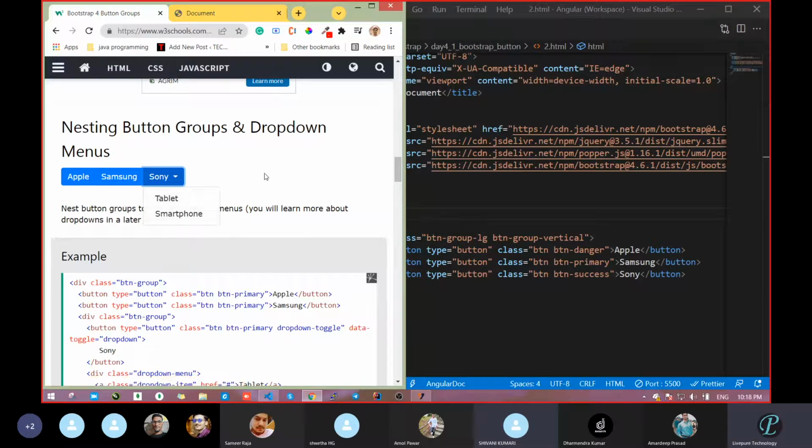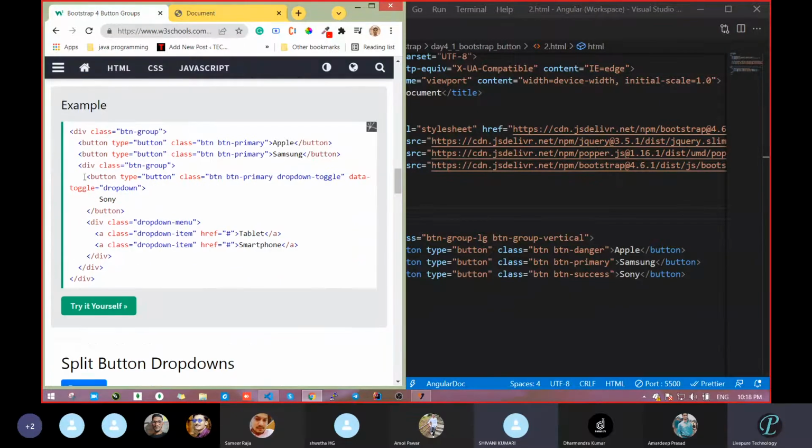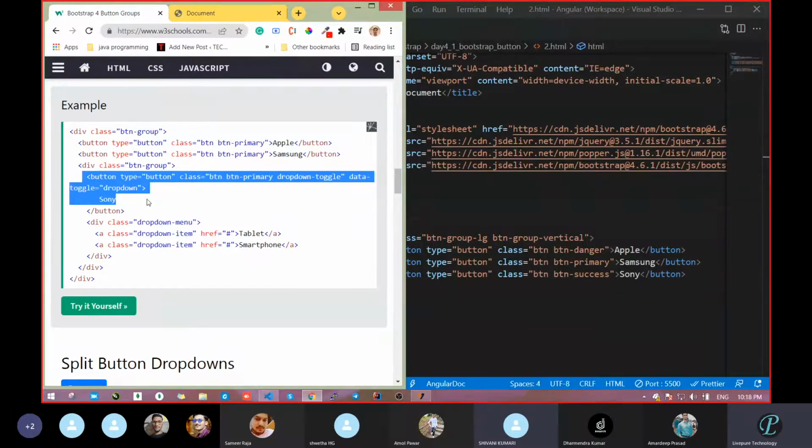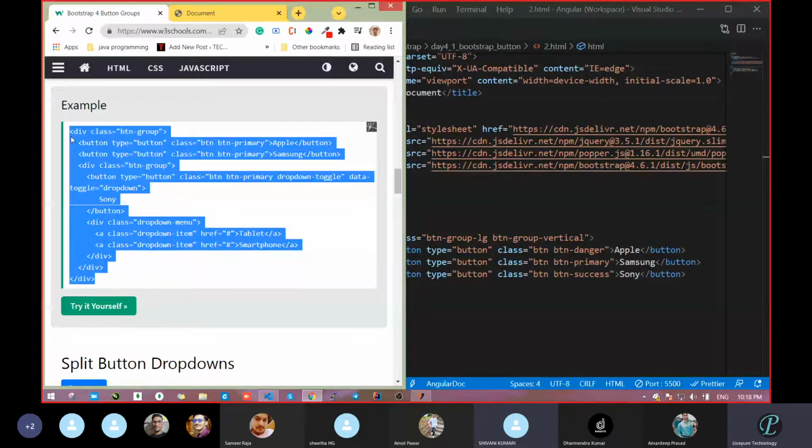So we started one more grouping. From there we started a button, but something different we took here. Yesterday we saw a data-dismiss property in the case of alert. So a different property will again come here.